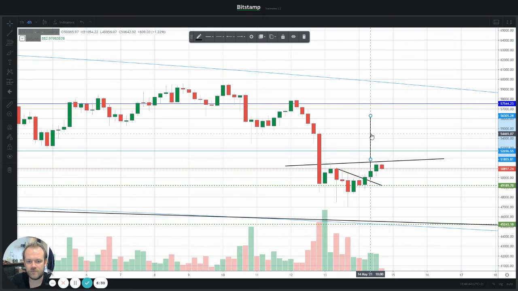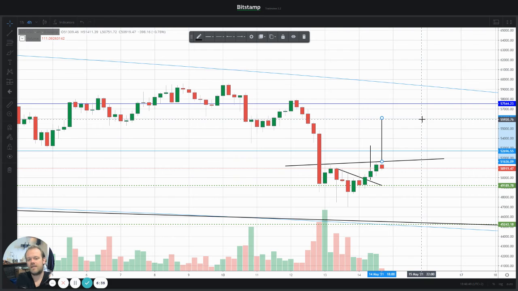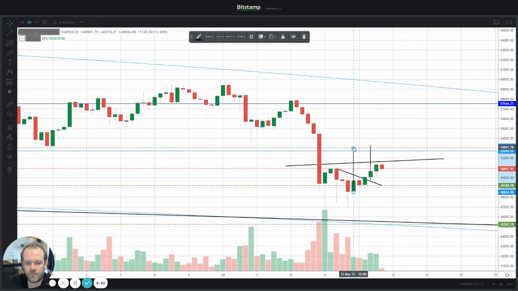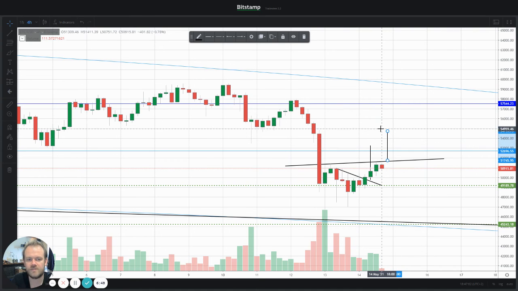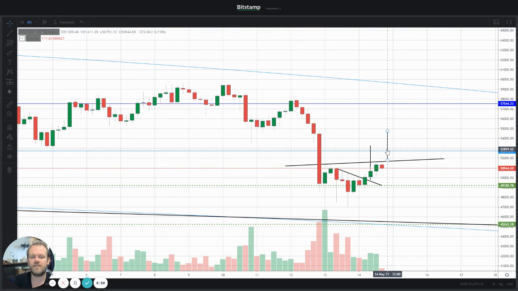This is going to be somewhat a realistic scenario if I take the wick into consideration, and without the wick it's probably going to be a slightly lower price target at the exact resistance here at almost 55,000, 54,739 dollars today. All right, this is all from me so far, but I wanted to give you this quick update because I've shown in my previous video that we are creating a Head and Shoulders and that the neckline is somewhere lower.